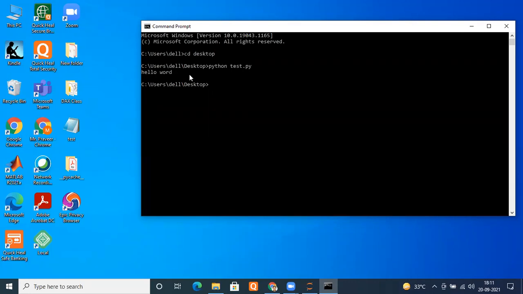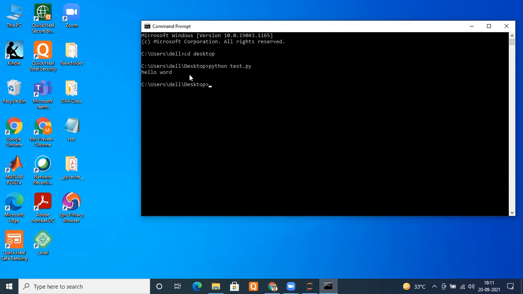So one way is to share the .py file, that is the Python file only, and directly compile it from the beginning, but it will take time. You can understand that, because what process is going to happen? We are going to use the Python compiler first of all, which is going to convert my Python file into bytecode, and then the bytecode will be converted into machine level language.